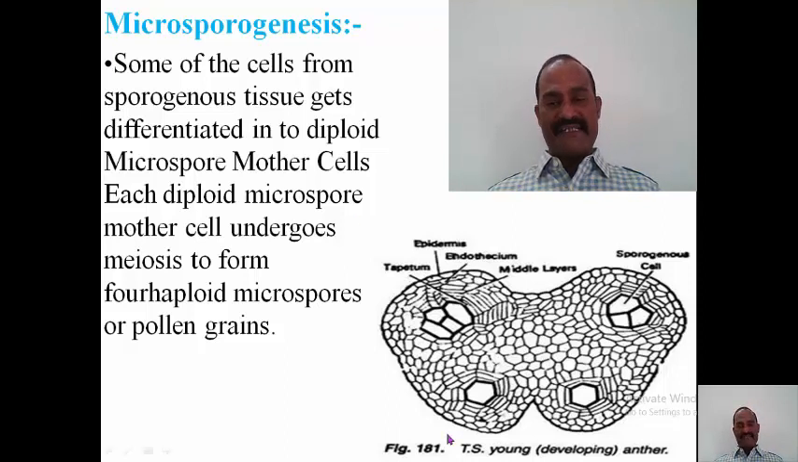diploid microspore mother cells. Here you can see this sporogenous tissue, and these undergo mitotic division to form diploid microspore mother cells, and each diploid microspore mother cell undergoes meiosis to form 4 haploid microspores or pollen grains. We know the process of meiosis is completed in 2 stages, meiosis 1 and meiosis 2. When the first division is considered, it is definitely the reduction division. The second one is mitotic division. By both these divisions, from a single diploid microspore mother cell or pollen mother cell, 4 pollen grains or microspores